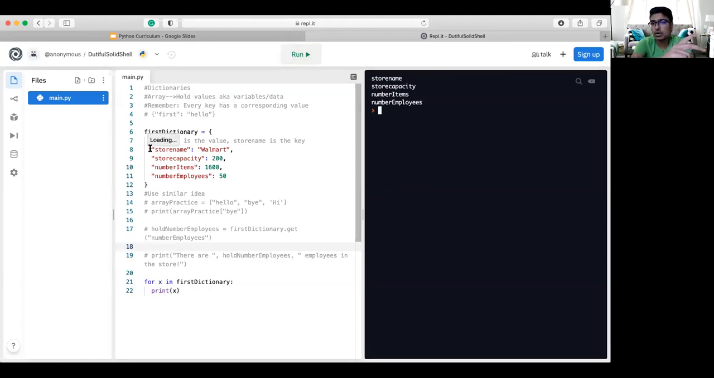When we printed out our first dictionary, for each item being iterated over, meaning looped over, we see that the keys are being printed out and not the values. Why is that? Well, it's because we have to access the actual value with the key. So if I do this, first dictionary, and then the key, and hit run,